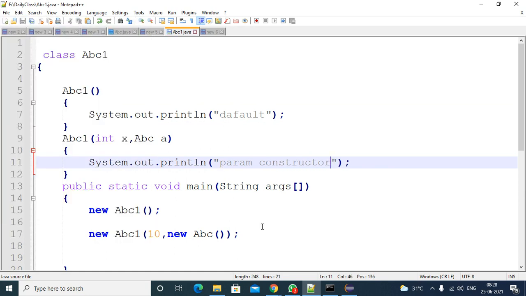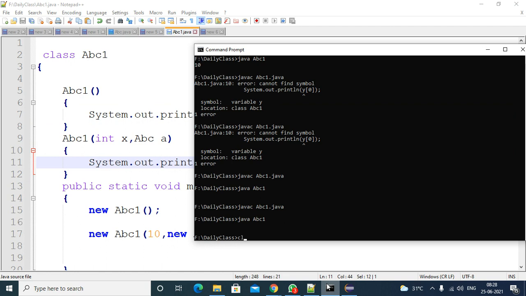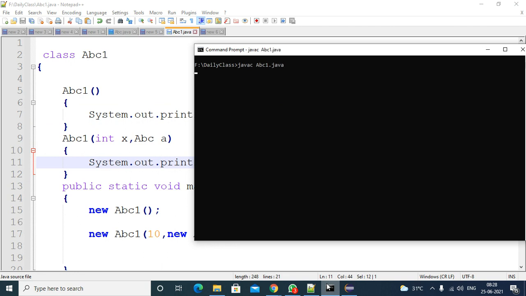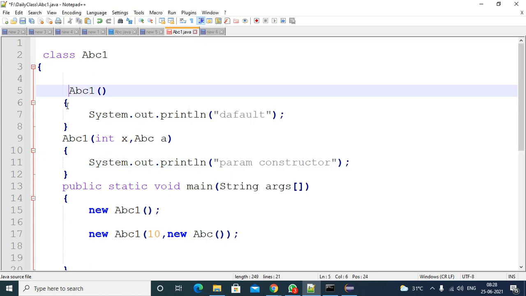Save the code. So if you execute the program, you will get the default and parameterized constructor as output. So that is okay, everyone knows that. Compile the code, execute the code, you are getting the default and parameter constructor. Suppose if you write some return type here, what will happen? So return type means maybe any primitive type or class types, user defined or predefined. If you are not returning anything, you can add void here. Suppose void is there, then what will happen?